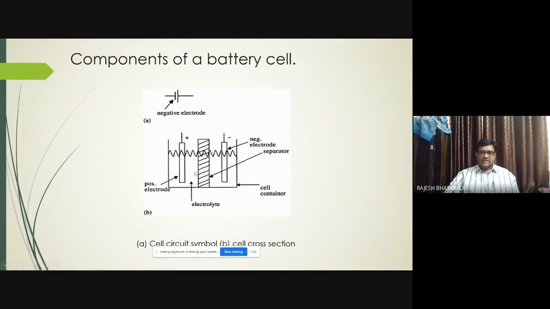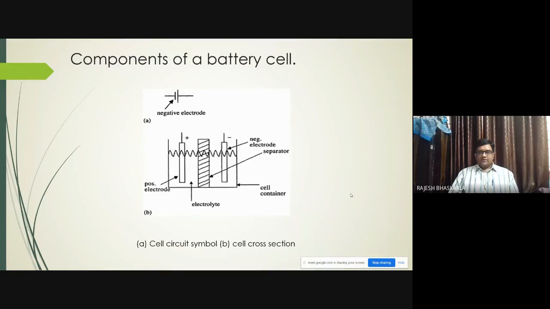So the separator acts like a partial conductor, or you can say a selective conductor. Sometimes it allows the electrons, sometimes it will stop. It stops whenever the battery is not in use. That means when the battery is in open circuit, plus and minus are not connected to a load, then this works like a non-conductor. When these two are connected by a load, then this acts like a conductor. So that means this permits the transfer of electrons or ionization that happens internally. Am I clear till now? Any doubts?